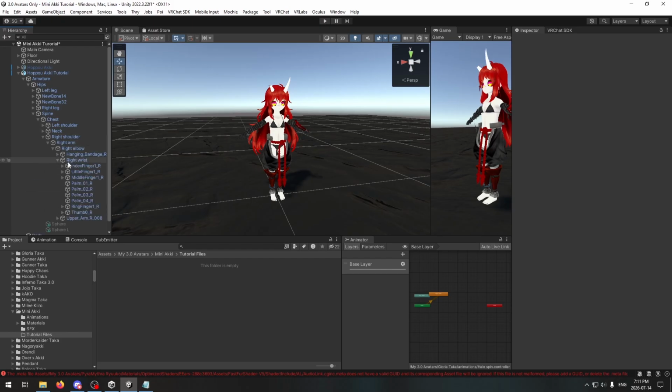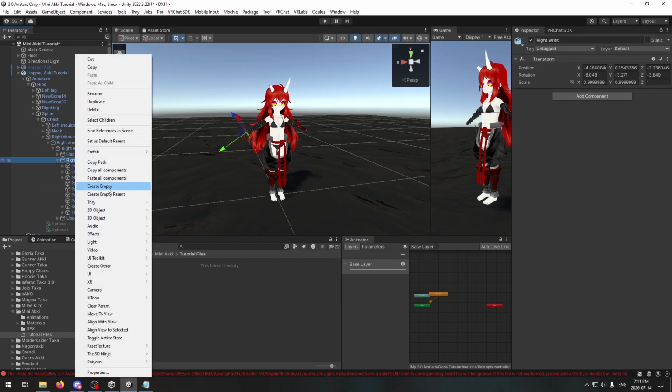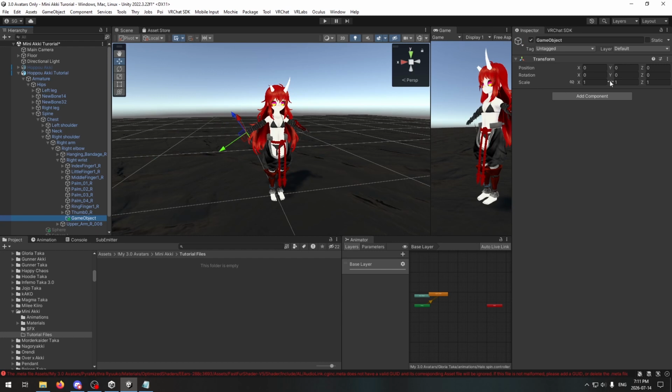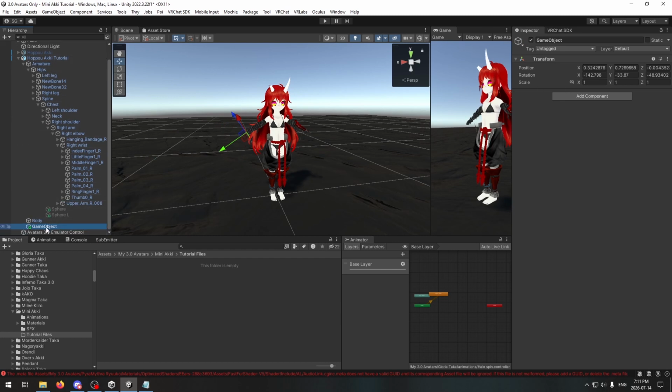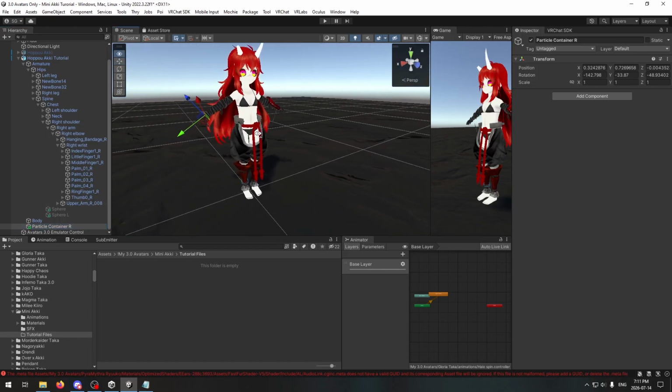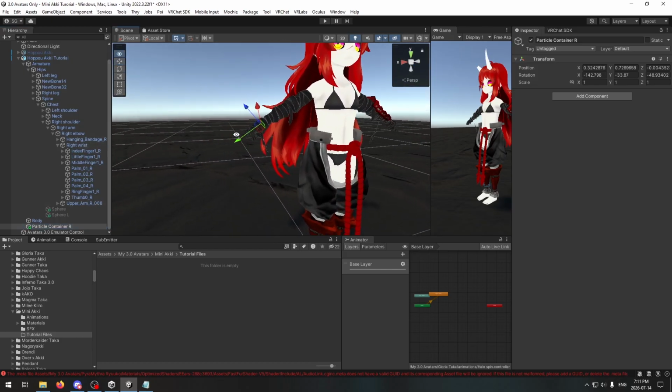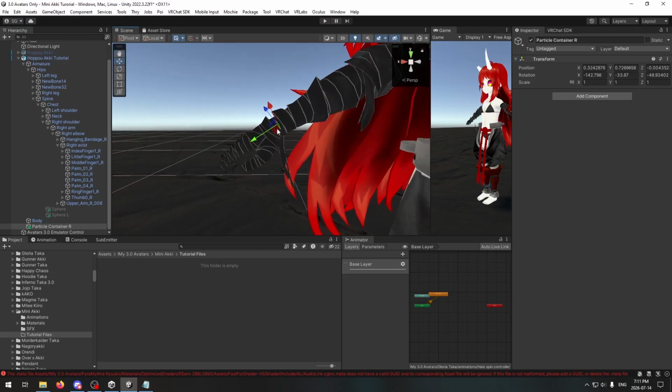You go all the way down to the right wrist. You can create an empty game object within it, and then you can pull it out of there and put it at the base of your model. Let's rename it to particle container R, just so we know it's in the right hand. The reason we created it within the wrist is that it's created at the 0 point, so it'll basically pivot at the point that your wrist pivots. It won't be